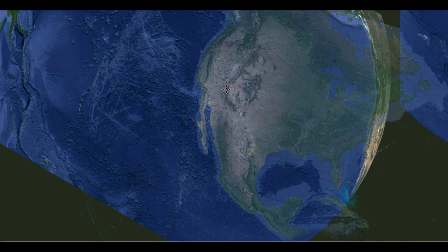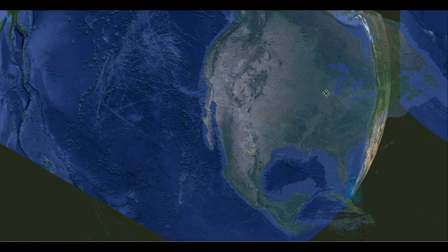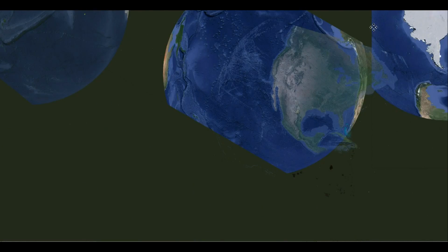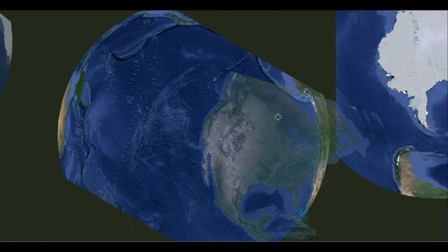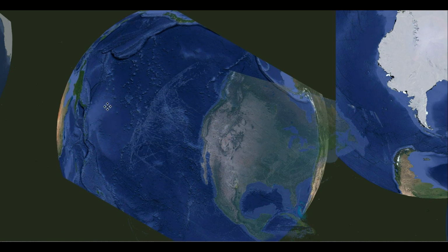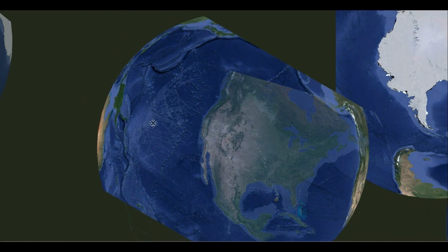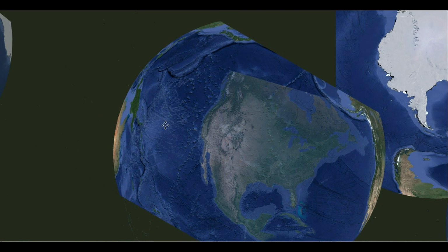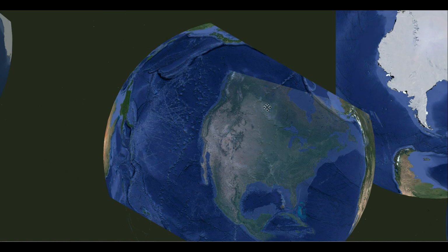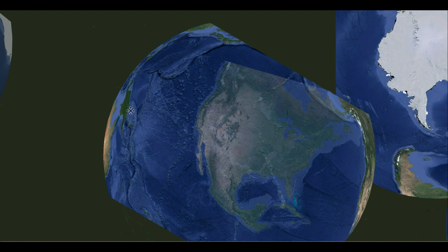Now, for some people, that's not good enough. So that's why I've spent 3 years trying to figure out why this lined up this way, when it's impossible according to plate tectonics and everybody else. But see this alignment here? Well, if I keep bringing it over, it's not so much that Hawaii lines up with Florida, which is also an amazing thing, and it's not so much that these marks actually fit up here in Canada so well. Well, what I now notice is that these lines on the Pacific Ocean floor seem to match up with the opposite side of the other side of the Pacific Ocean from North America,